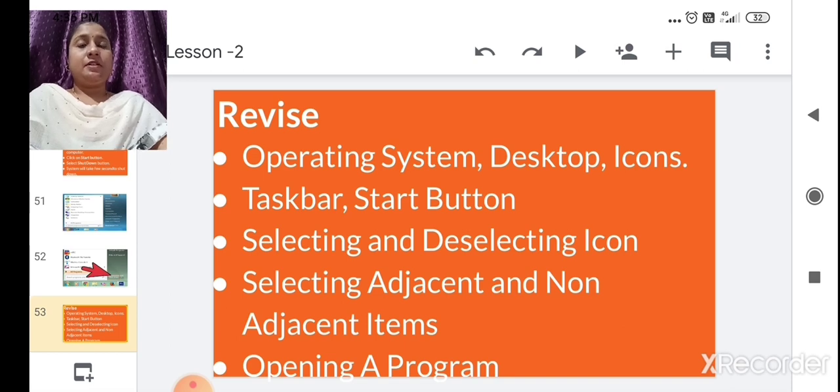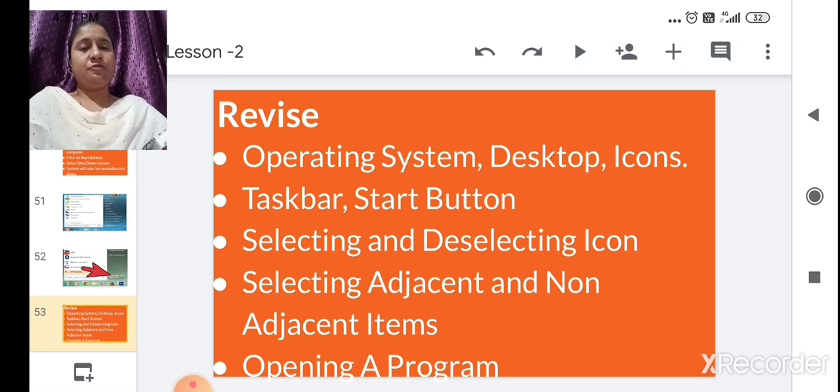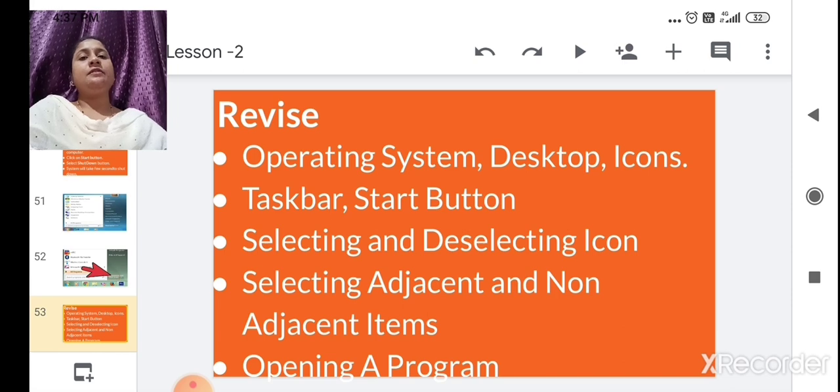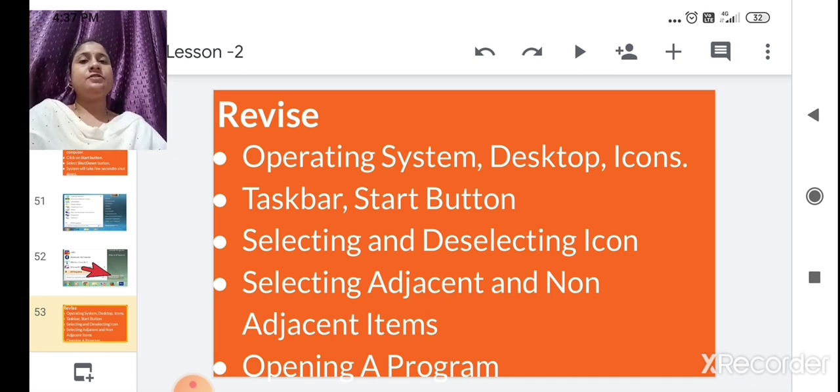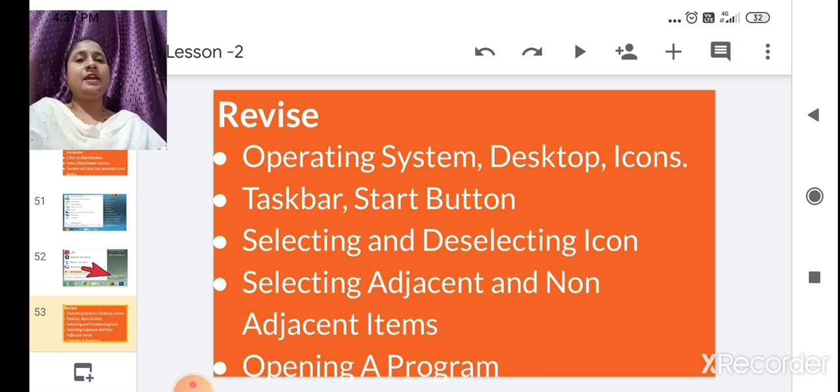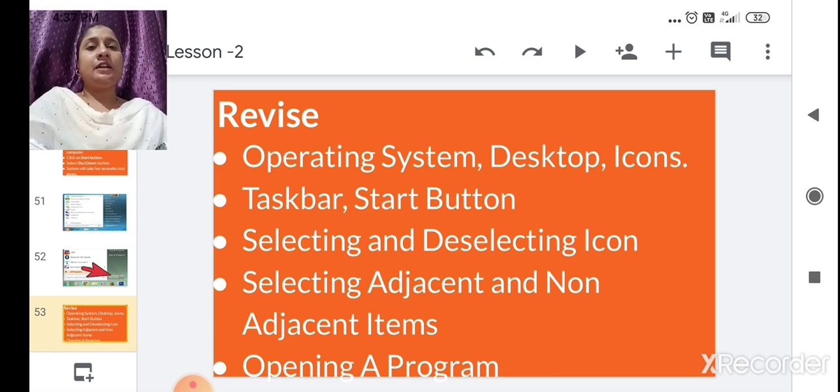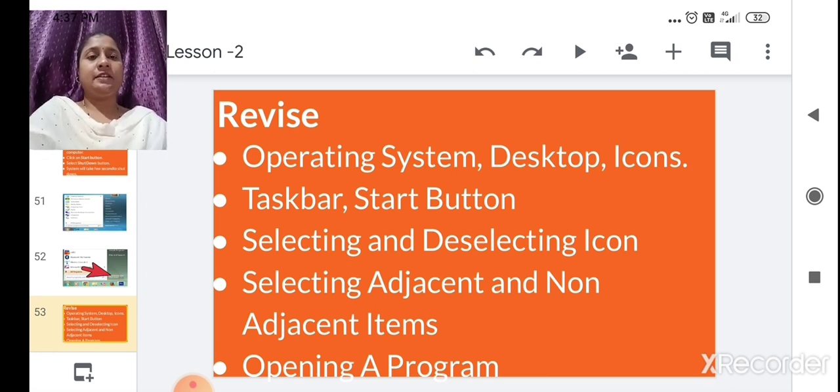Then we have seen the start button. The start button is a menu that gives you access to documents, Windows applications, and the Windows help and support menu. Then we have seen selecting and deselecting icons. What is selecting icons? Just take your pointer and click the left mouse button, the icon gets highlighted, that is selecting. And if you want to deselect that icon, you just move the pointer and click, the icon gets deselected.